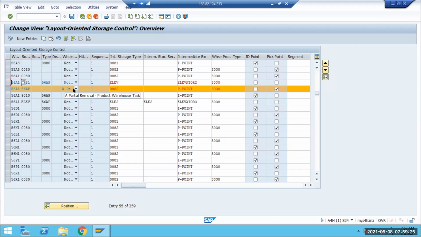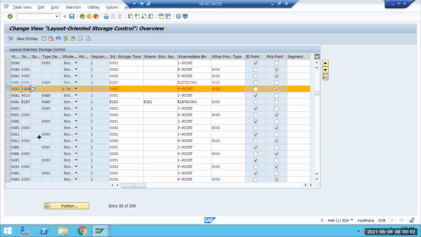For example, I'm saying normally for the outbound, now with LOSC you have to pick up, right? We were talking about the inbound, wherein we have to put away, and there is a physical challenge that we have to use an elevator or ID point somewhere. It is on the first floor. Same way, if you need to pick up from the first floor and send it against the outbound delivery, this is the normal case. So you have to use LOSC because there is an elevator and ID point coming into picture, a physical hurdle. Straight away you cannot put away. To accommodate that, you have to pick up from the first floor, you have to use the LOSC. That is the case. Now, how to use LOSC?